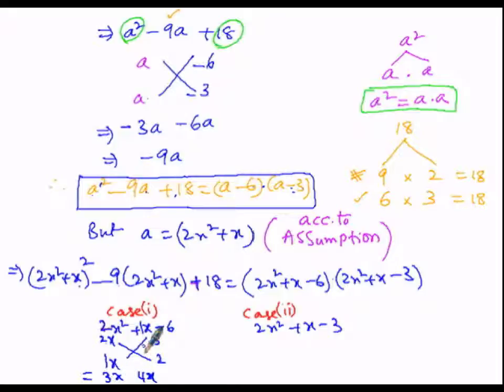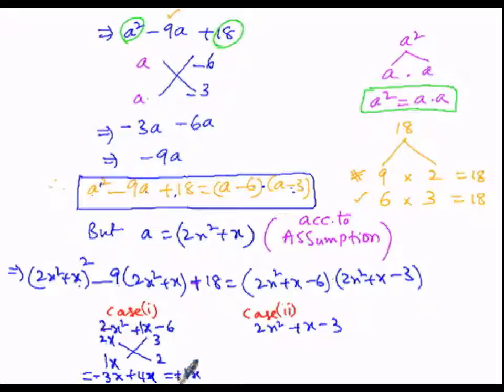I need plus 1x, so first of all the greater one's sign must be plus. Then I have to assess the sign here. If I take plus, then plus of plus will be plus, so we add: 4 plus 3 is 7, which is not the middle term. So it must be a negative sign. Plus of minus will be negative, so we subtract: 4 minus 3 is 1, giving 1x. Since 4 is greater than 3, the sign assessed for 4 will be positive.